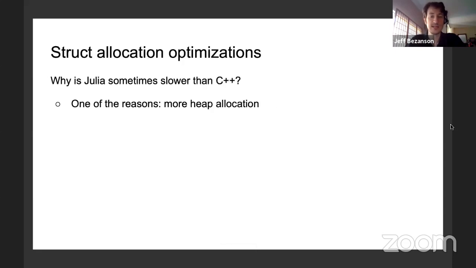Okay, so one question I get a lot is, is Julia as fast as C++? And if not, why not? There are a couple reasons. First, of course, it depends what you're doing. Sometimes it is as fast as C++.